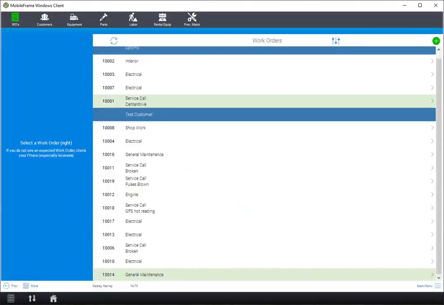In this video, we're going to run through the MobileFrame field service solution from a dispatcher perspective and then also a field technician perspective. For the purposes of this video, we're going to keep it fairly short. This solution is very comprehensive and we could spend a lot of time going through each and every bit of functionality. So just to keep it short, what this system does is it allows a dispatcher to create